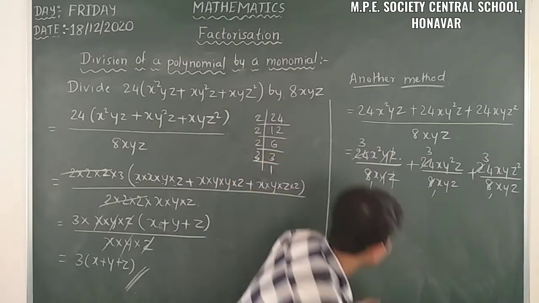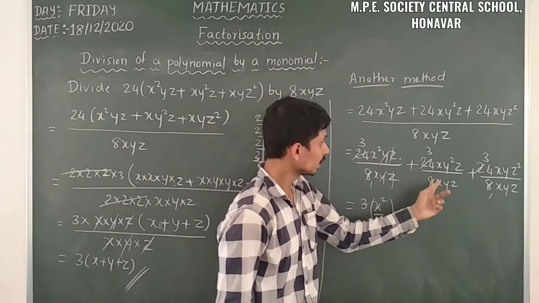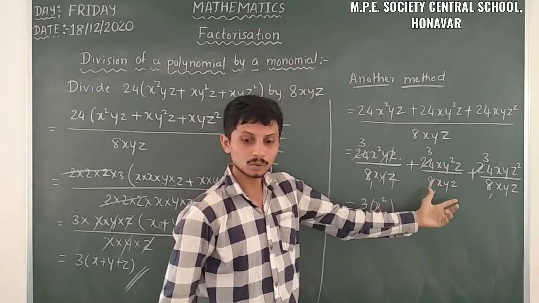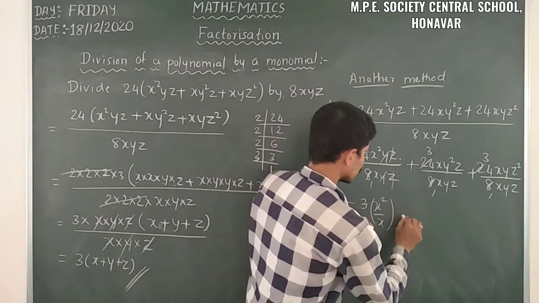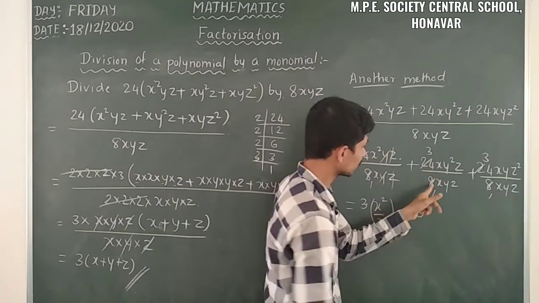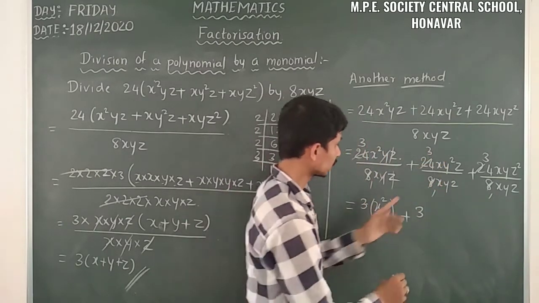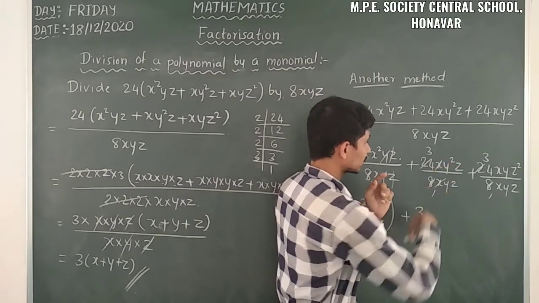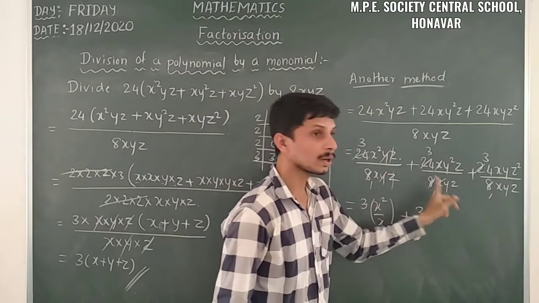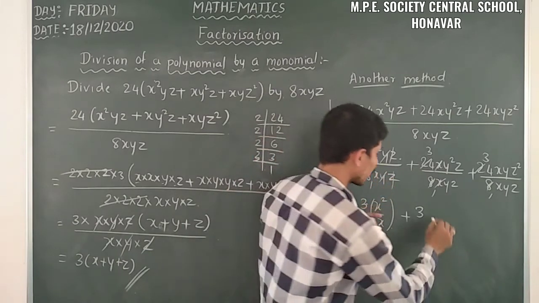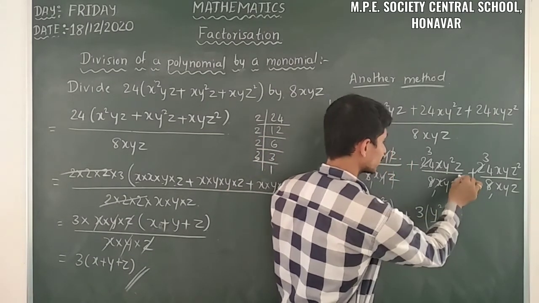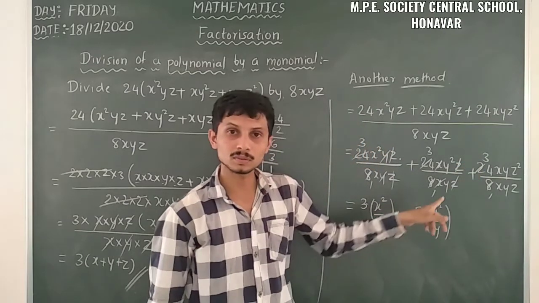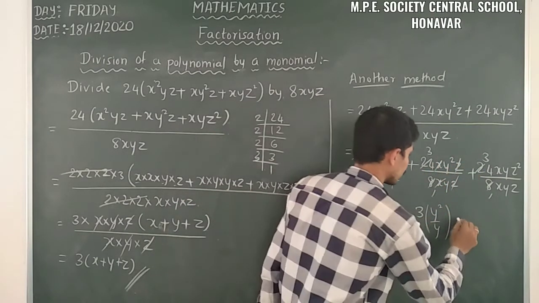And then here just observe in this case. Here we have x and x. So what remains here? 3 remains. Here 8 into 1, 8 into 3. So then x and x can cancel. And we have y square by y, so we write it as it is, y square by y. Z and z get cancelled because we have only one term, an identical term.